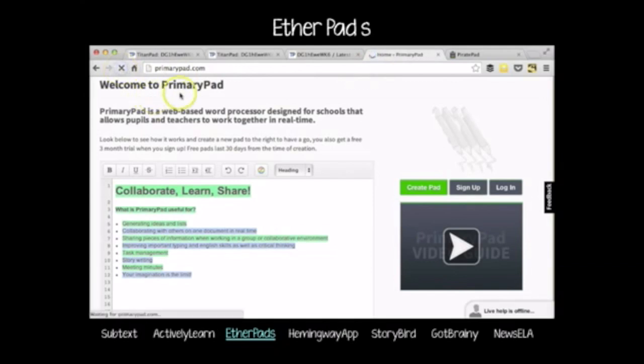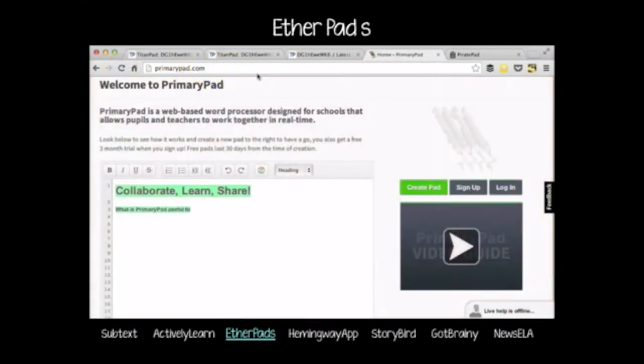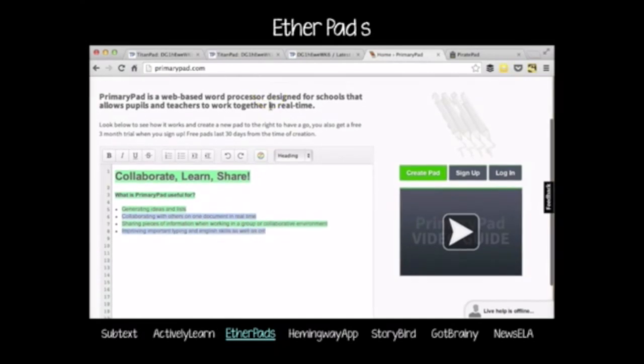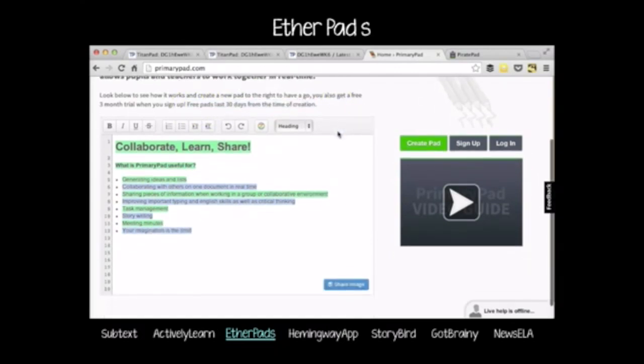The next one's Primary Pad. Primary Pad has a few more features. However, it's a little more limited in the free version. Primary Pad is designed for students and teachers to work together in real time. It's a 3-month trial. These are the pads that disappear at 30 days, but there is a paid version if